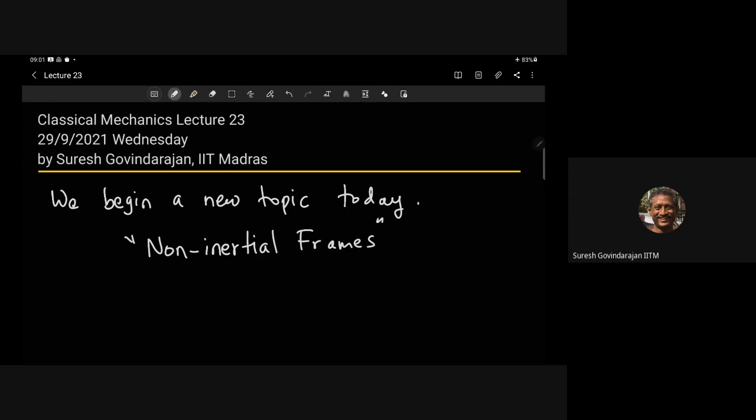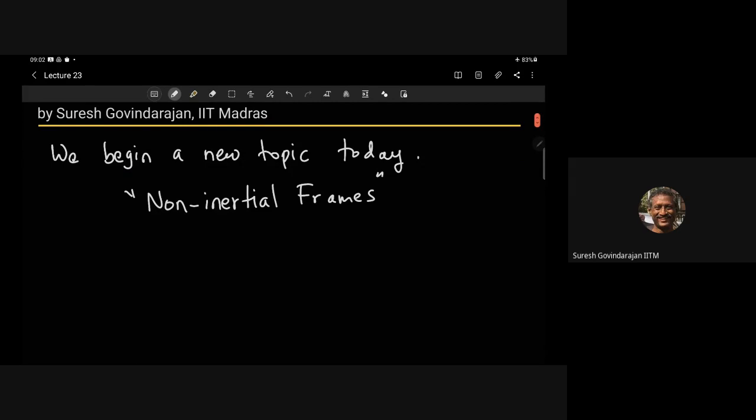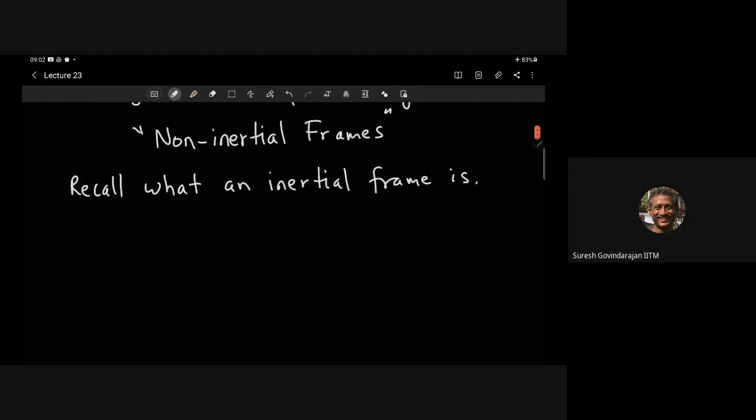Okay, so before that, let us recall what an inertial frame is, right? We did this in the beginning of the semester. So can someone remind me? I mean, you should have. So the whole idea here is there are